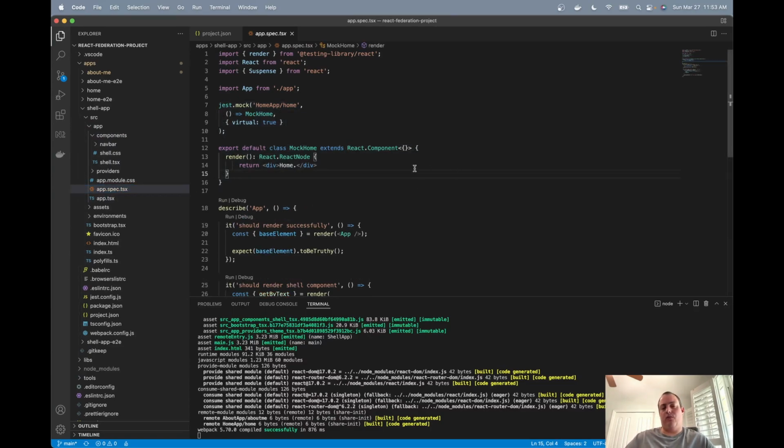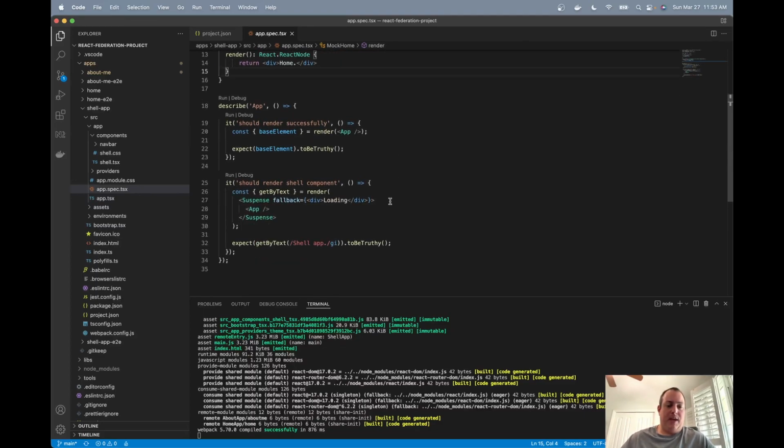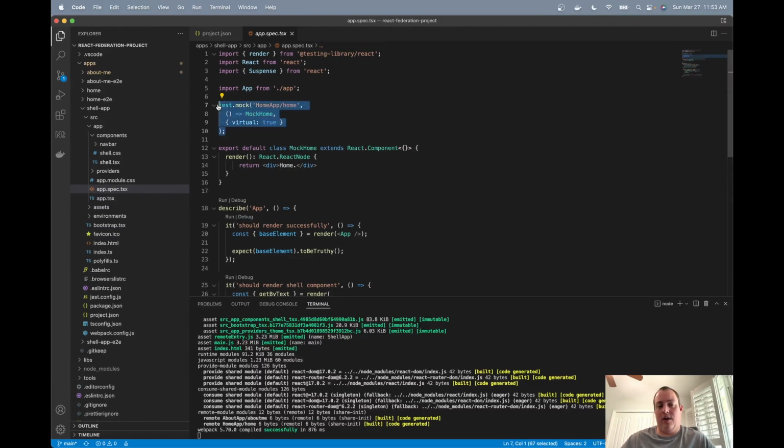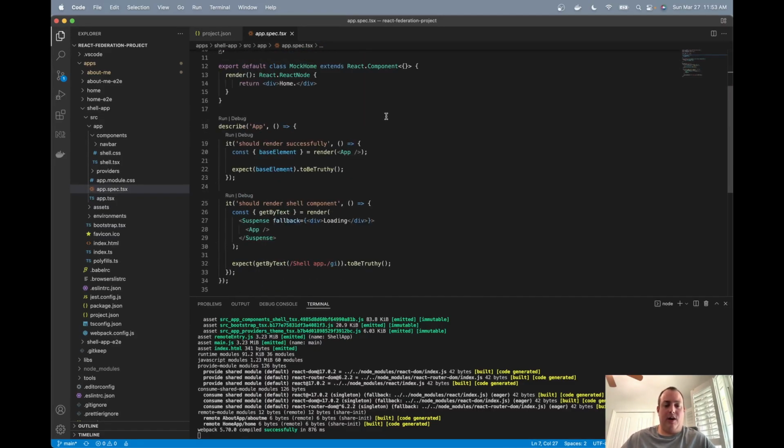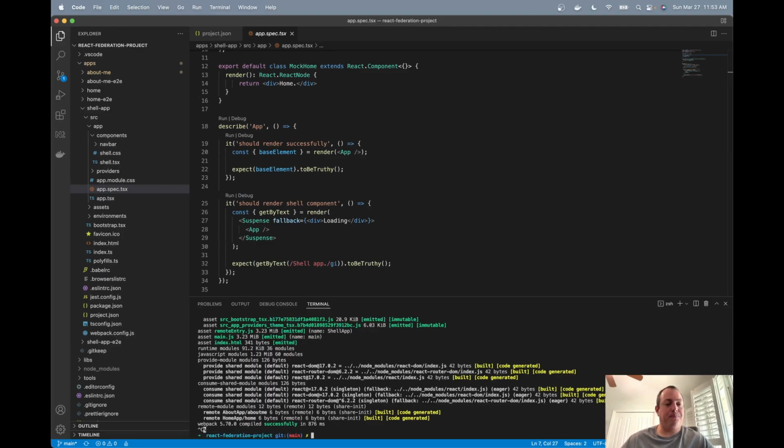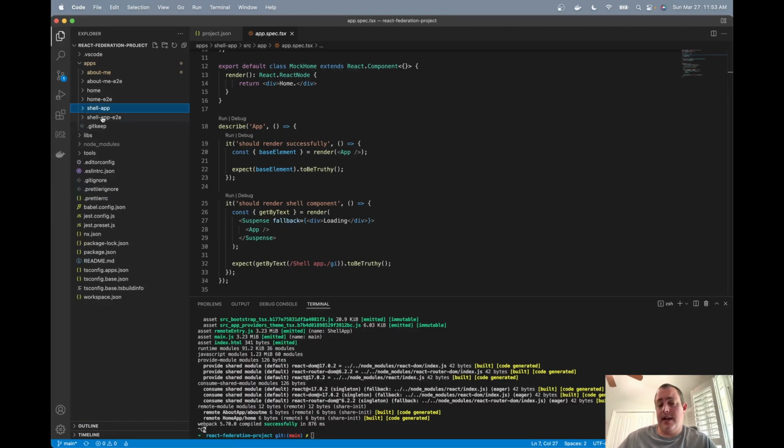If I wanted to run unit tests for shell, I have some examples there of being able to mock out just some of those remote dependencies and effectively test your application with that mocking in place. The end-to-end tests with Cypress that come from NX, I haven't run these yet, but as you can imagine, it would probably work fine because you're just remote serving those